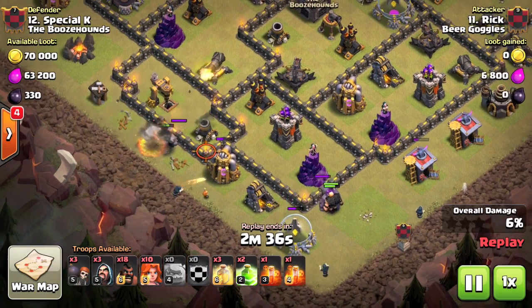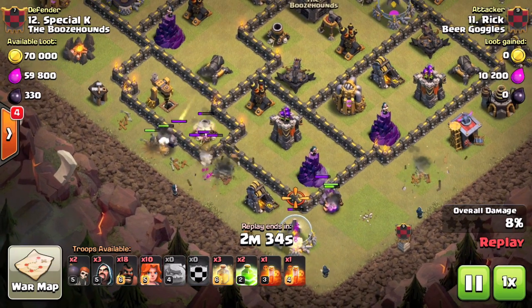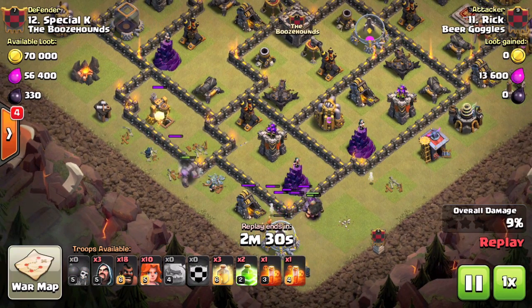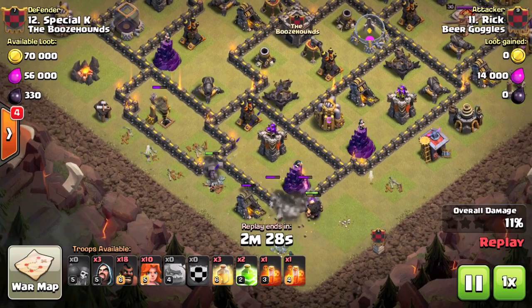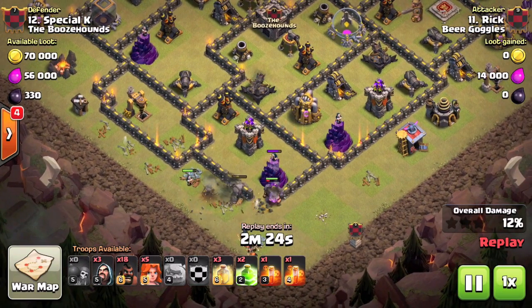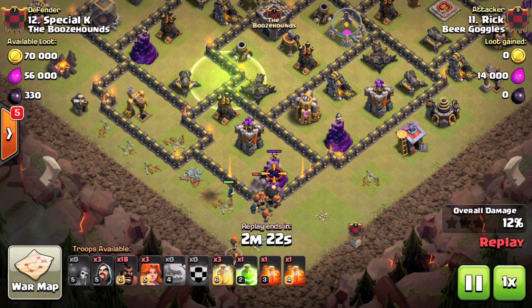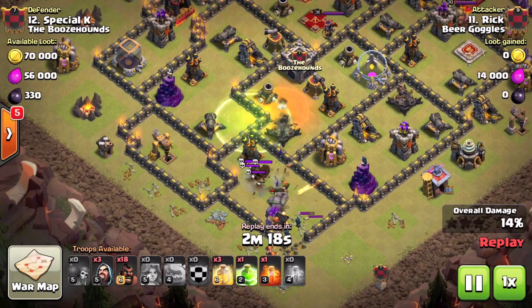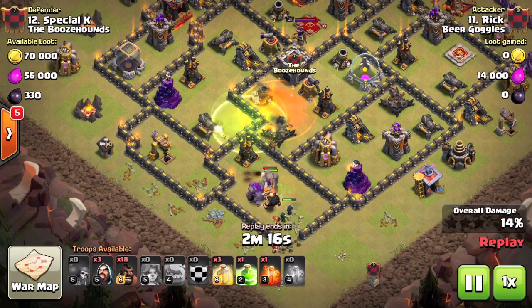We're starting out the raid from the south, just creating a nice funnel, and then the Valkyries can come in. You see we have 2 jump spells, and this base is quite open. The Valkyries will be able to get access to a lot of the base using those spells. So in they come, you see they'll be drawn straight towards that air defense and then into those 2 compartments